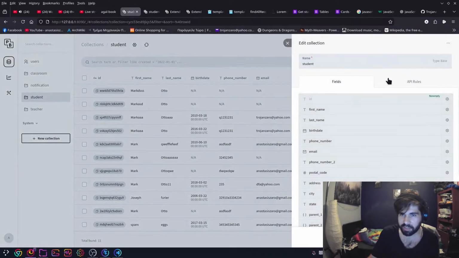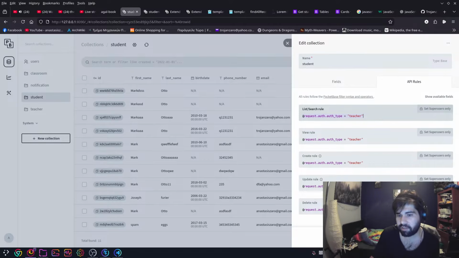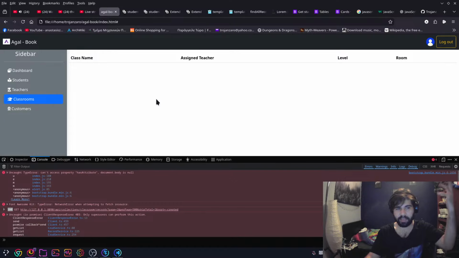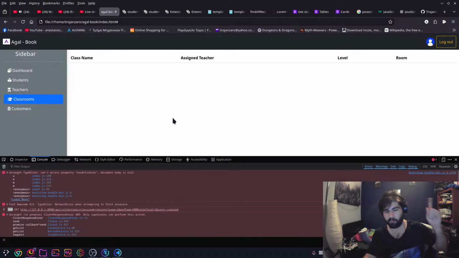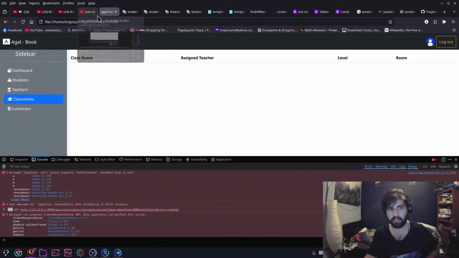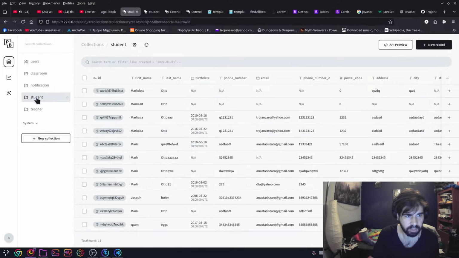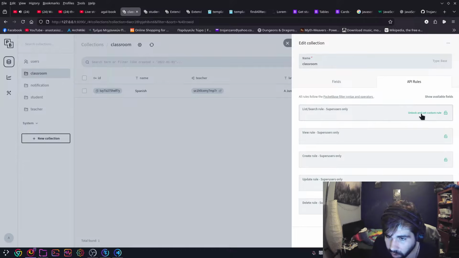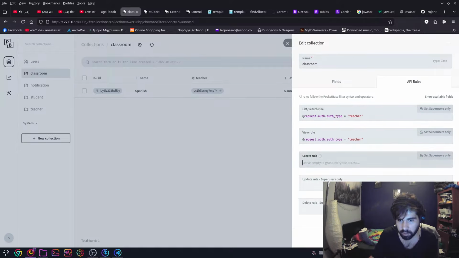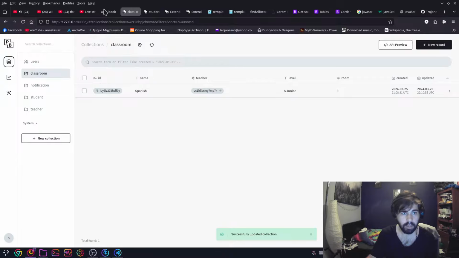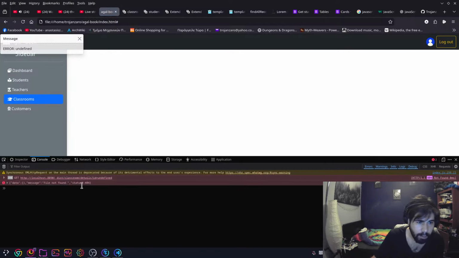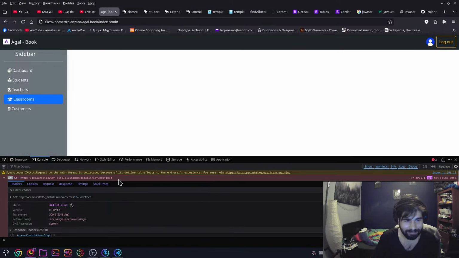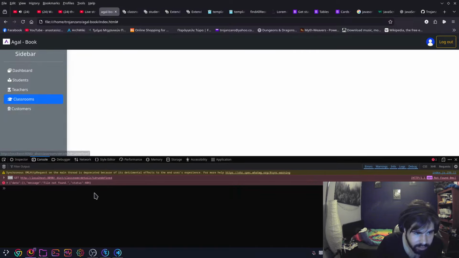I'm pretty sure it's gonna be the same as these ones, where teachers can see everything. But this is so cool. It crashed because of a 403 forbidden. We are not allowed, as teachers, to see the classroom data because it has not yet been specified that classroom data can be seen by anyone other than this. See, this is not unlocked to set custom rules. This is my custom rule. And now, boom! There we go. Different error message, but similar. Details. What the heck?